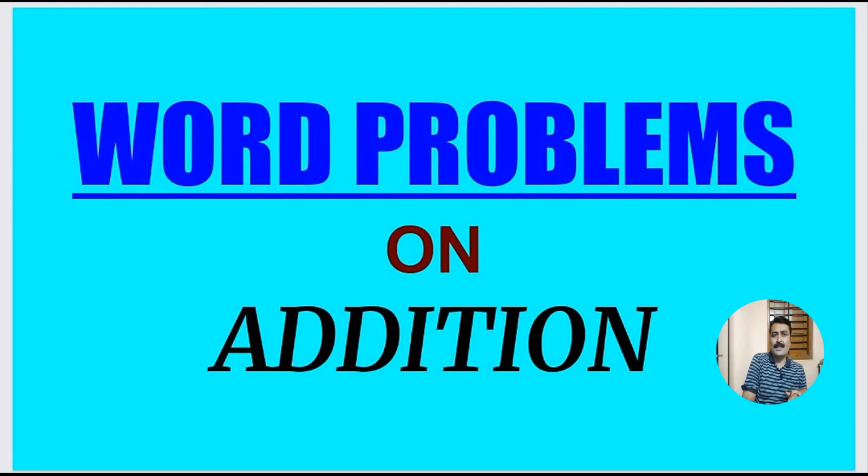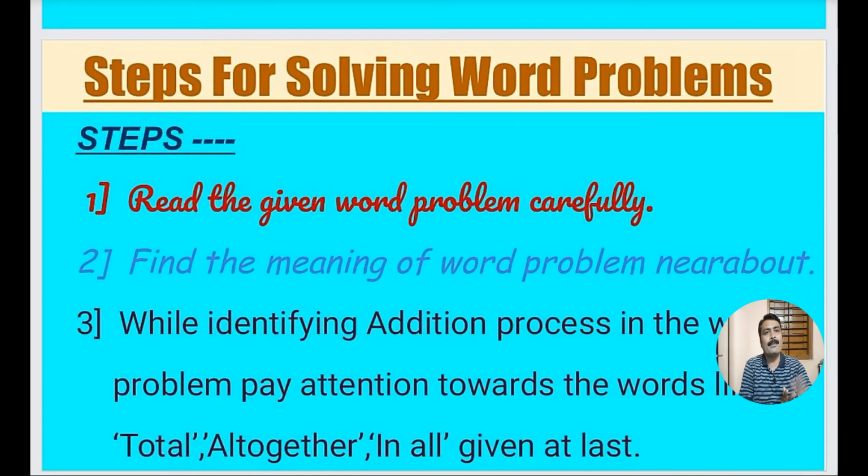While solving such word problems, we have to understand which precautions to take. First we have to understand those precautions, and then we continue with the problem set given on word problems in our textbook on page number 11, under the title problem set number 9. So first we are going to learn which steps to follow while solving a word problem. Those steps we first have to understand, and then we proceed.